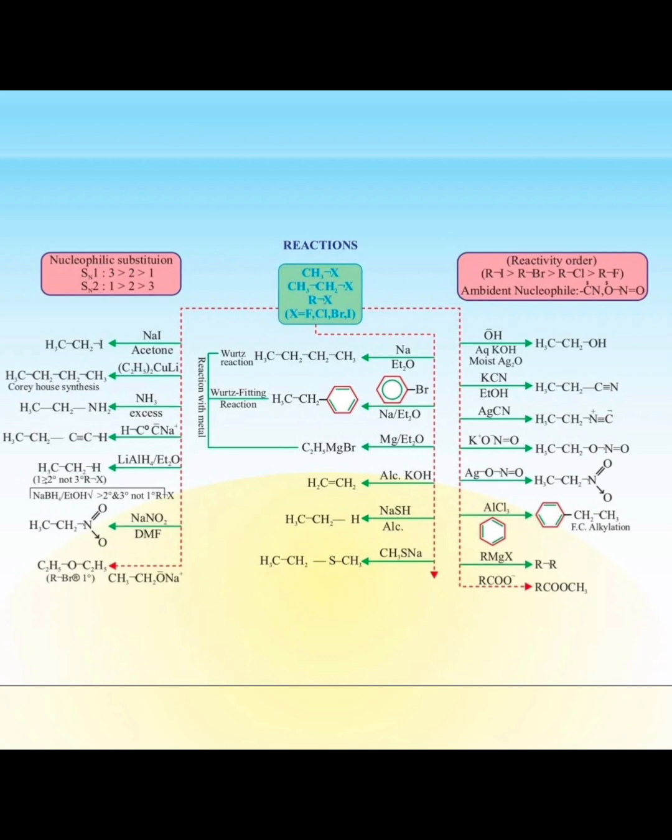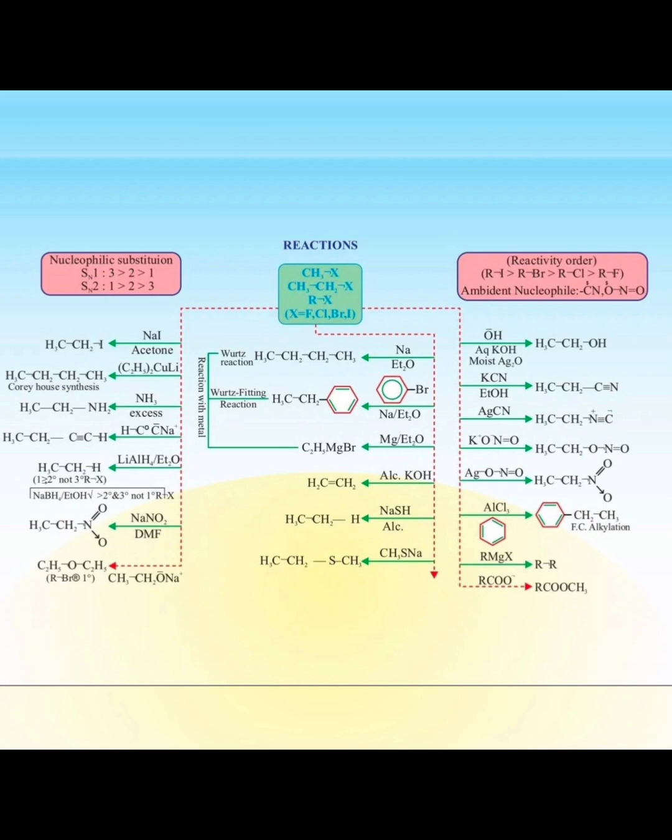Similarly, when alkyl halide reacts with sodium ethoxide, it gives you the corresponding ether as a major product. So these are the various reactions that give you different functional groups from your alkyl halide. When alkyl halide reacts with aqueous KOH or moist Ag2O, it gives you alcohol as a major product. Similarly, when alkyl halide reacts with KCN, it gives you the corresponding cyanide, and when alkyl halide reacts with AgCN, it